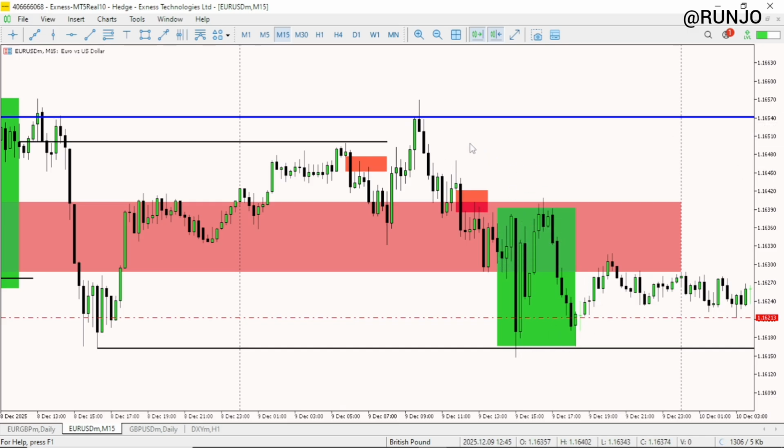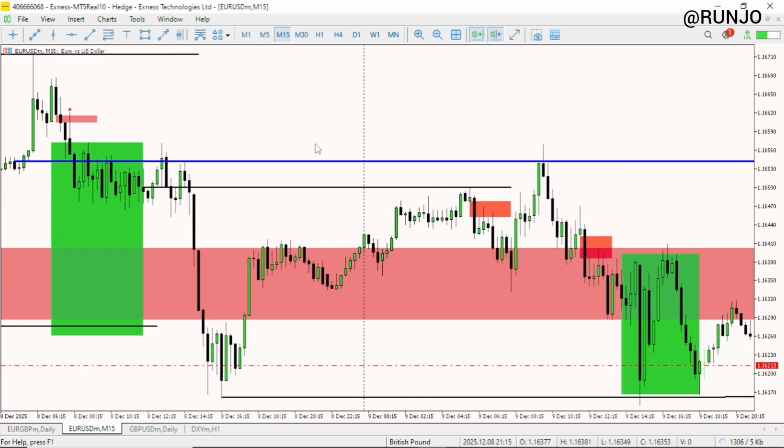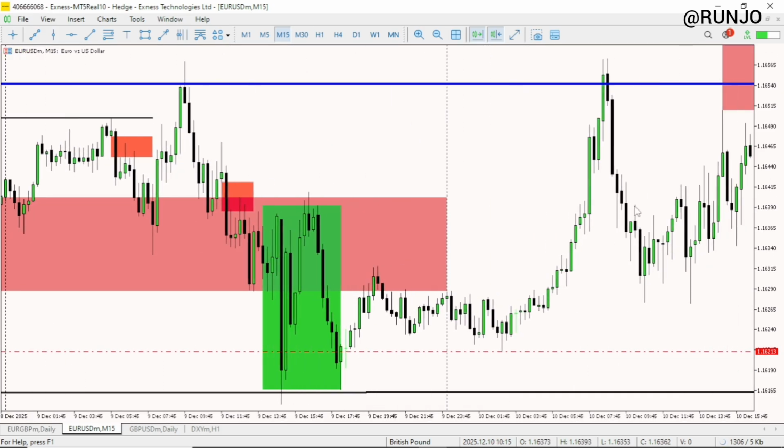So what I did, I just moved my stop loss to break even, and what the market did is that it just retraced from this low. After taking out this low, it came and hit me at my break even, and then continued and pushed lower to this level right here. So I closed Tuesday with a loss. Monday was a winning one, Tuesday was a loss, and on Wednesday,